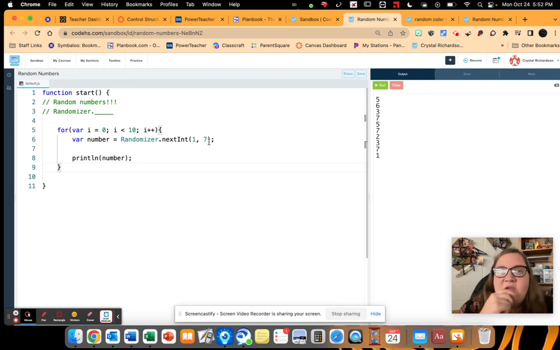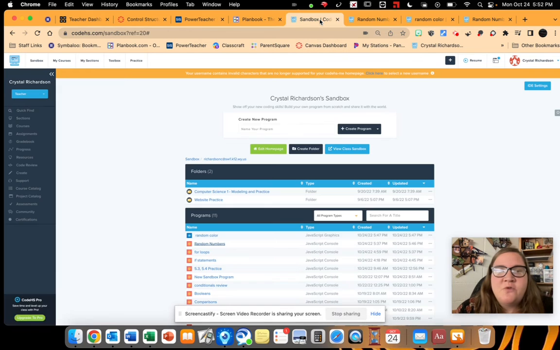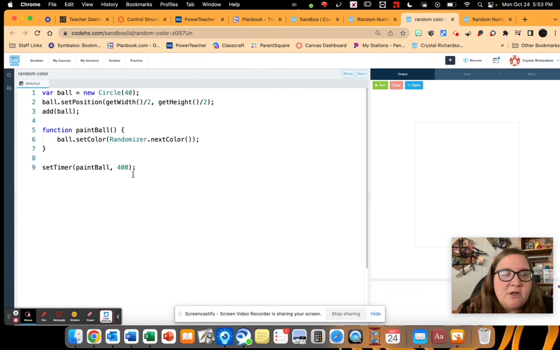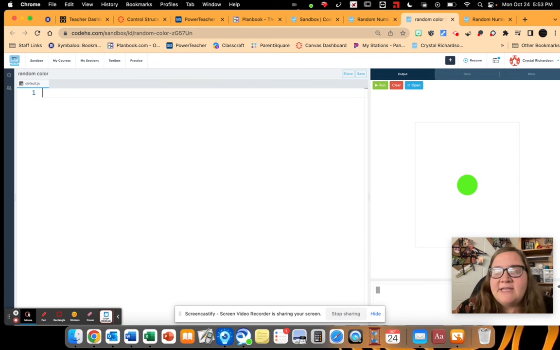And that's kind of it with random numbers. Now, you can also randomly generate colors. Now, this is going to require that I switch over to a JavaScript graphics program. So you're going to come to your sandbox. You're going to make sure that you're on JavaScript graphics. Now, I've already made one, so I'm going to go ahead and open that up. So in the first example that it gives you, it actually shows you the usage of that next color command. We're going to go ahead and write our own. So anytime we create a graphic program,